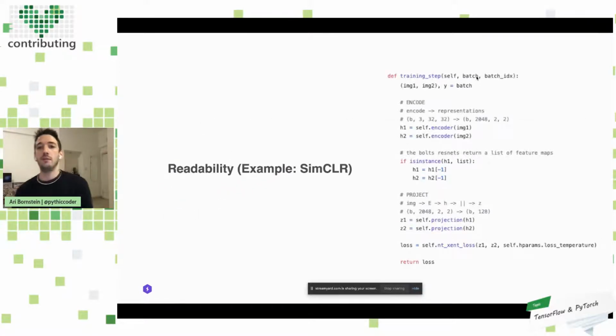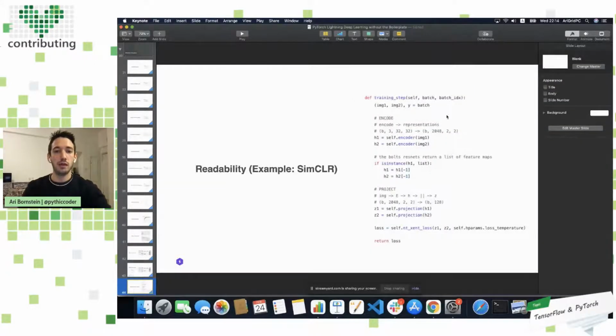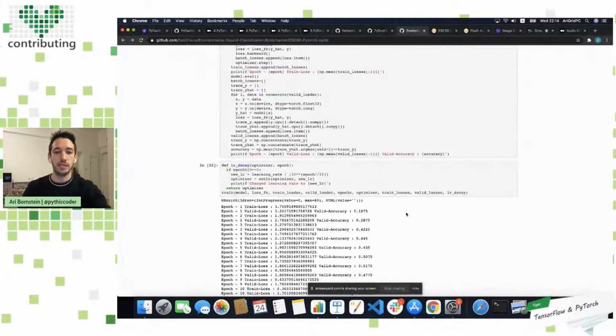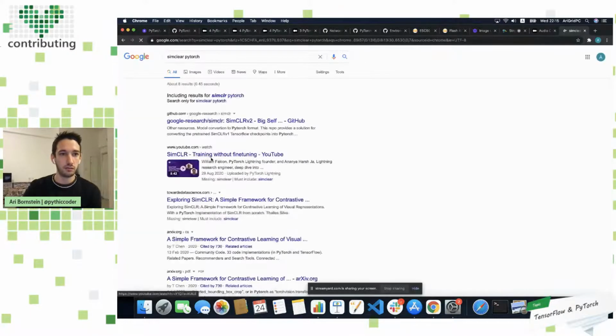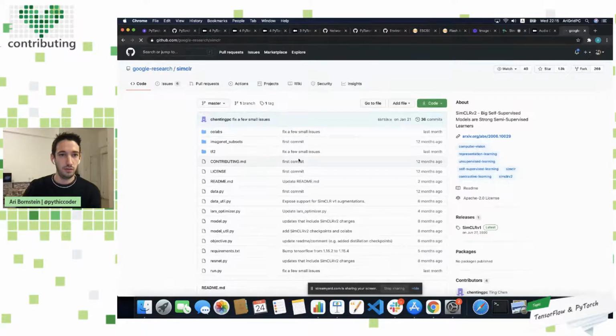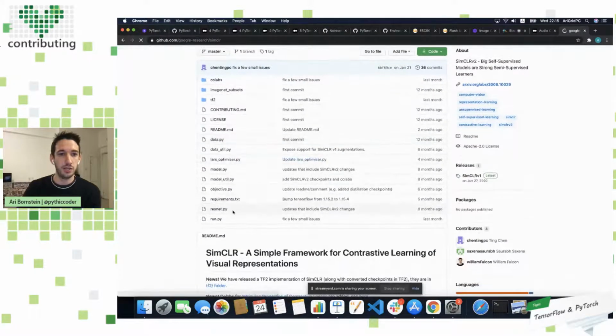So when we were talking about readability before, there's a model for self-supervised learning called SimCLR. If you go online and you start looking for SimCLR implementations, let's do that. So we can go into Google Research and we have a SimCLR implementation here.